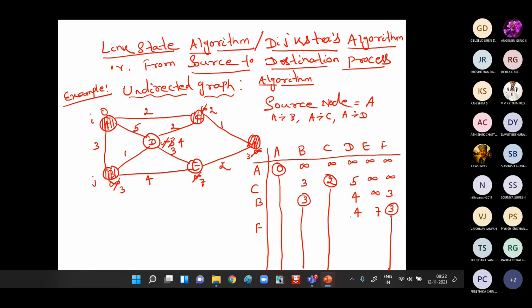So guys, here see 4 and 5. The previous value of E is 7. D we are not going to find, so we carry the same previous value of D. Then E: 3 plus 2 is 5. 5 is less than 7, so we will update the value of E as 5. Now among 4 and 5, which one is minimum? This 4 is minimum, which belongs to node D.